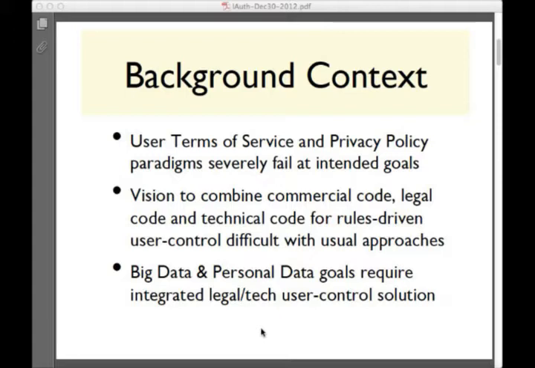Now, to individually negotiate all of the terms of every contract between a mass market service provider or application provider and every individual consumer, of course, is also infeasible. However, by a better adapted use of Web 2.0 technology and claims-based tokenized permission standards, in particular OAuth 2 and its progeny, it is possible to combine commercial, as in business, legal, and technical code for an integrated, rules-driven, user-controlled